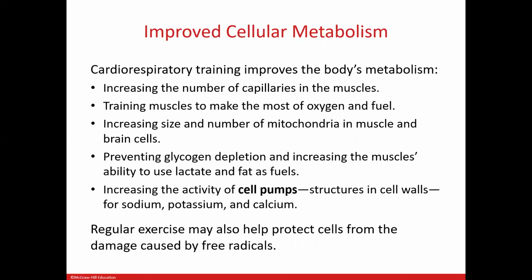So in order for you to train the body's metabolism, you need an increased number of capillaries in the muscles, and to train muscles to make the most of the oxygen and fuel. So you want to make it as efficient as possible. So you want to be in the aerobic system, increasing the size and number of mitochondria. So remember, mitochondria are responsible for producing ATP, which is the energy,